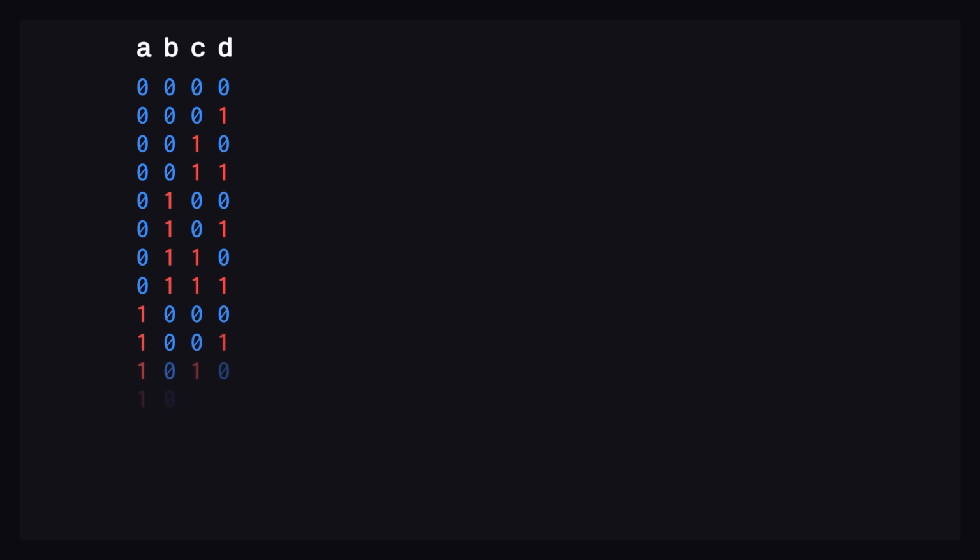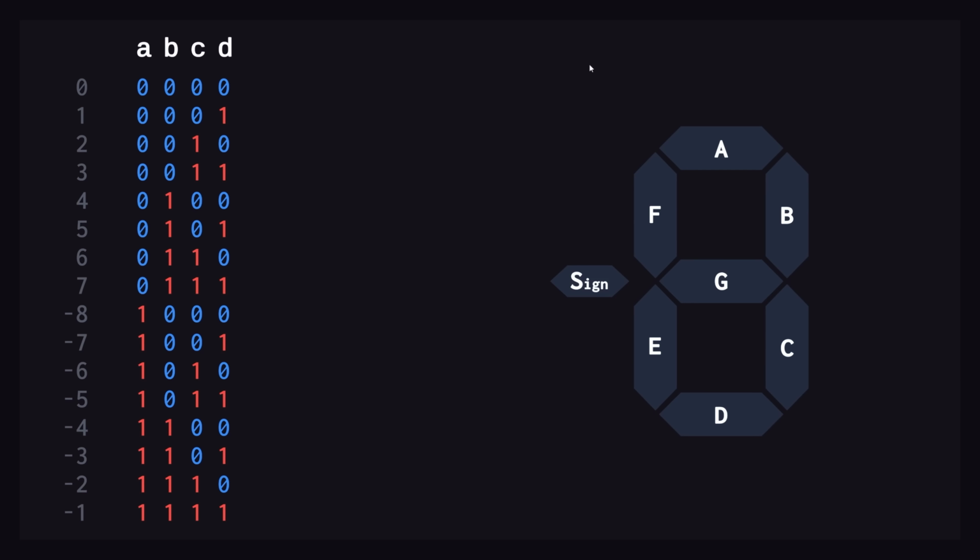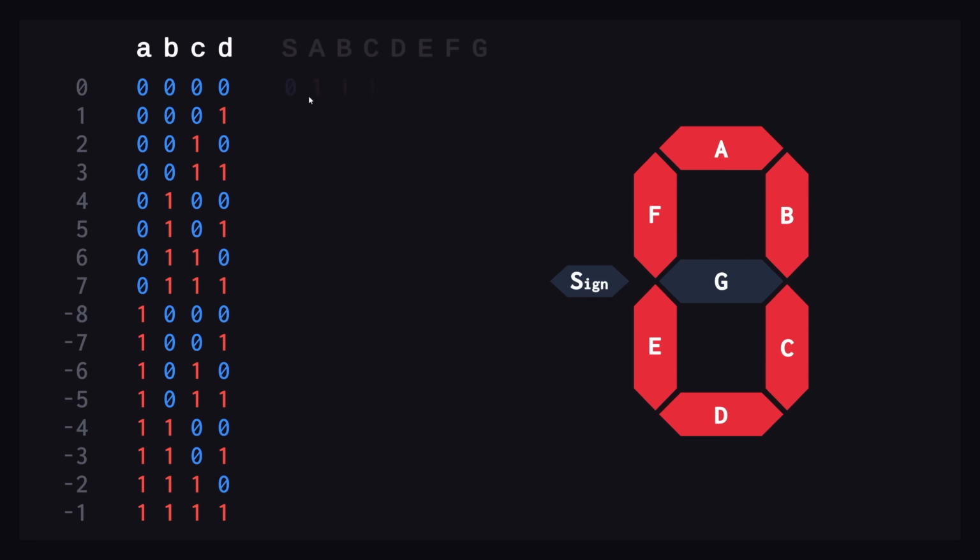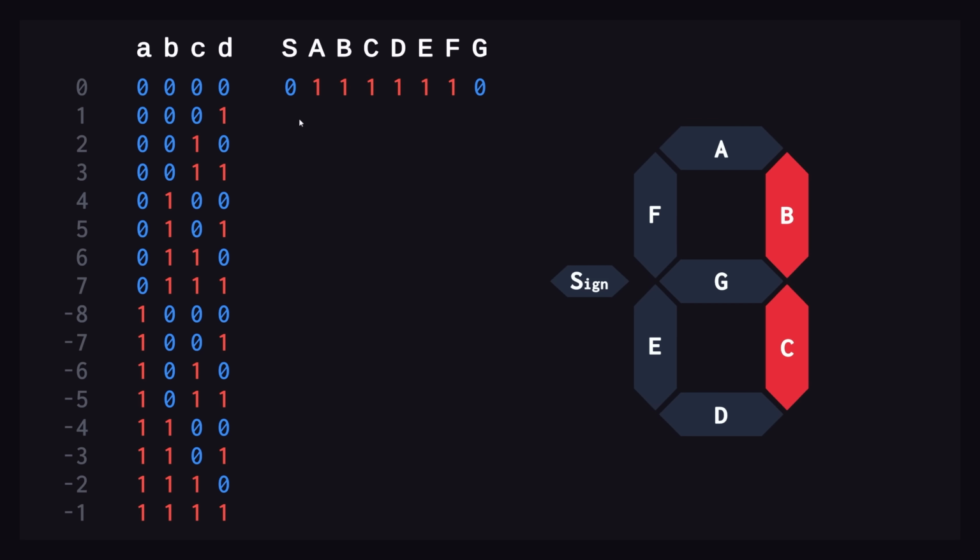We can start by listing out all the possible 4-bit inputs, and let's also note down the decimal values that we want to display for each of those. Then we just need to figure out which segments need to be lit up in each case. So to show a 0, for example, we can see that all the segments apart from G and the negative sign should be on, so we can write that out over here. We can then do the same thing for 1, and for 2,